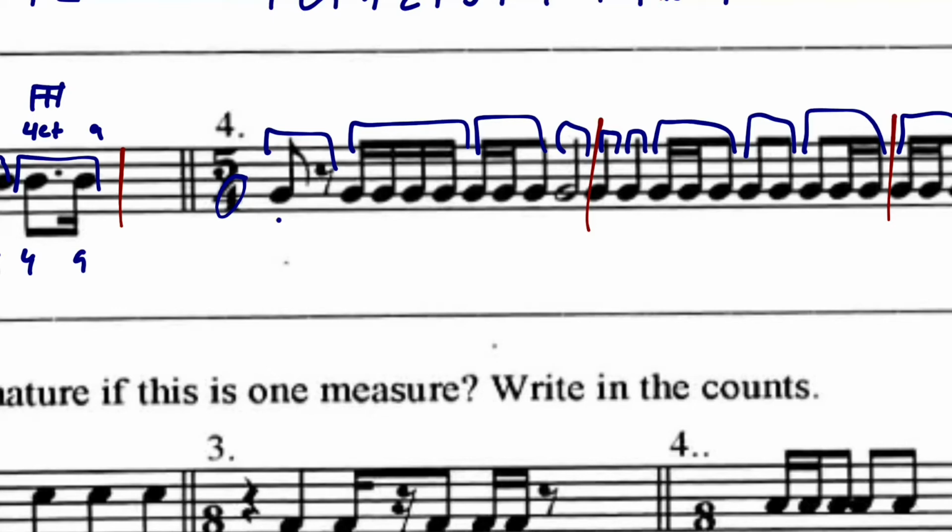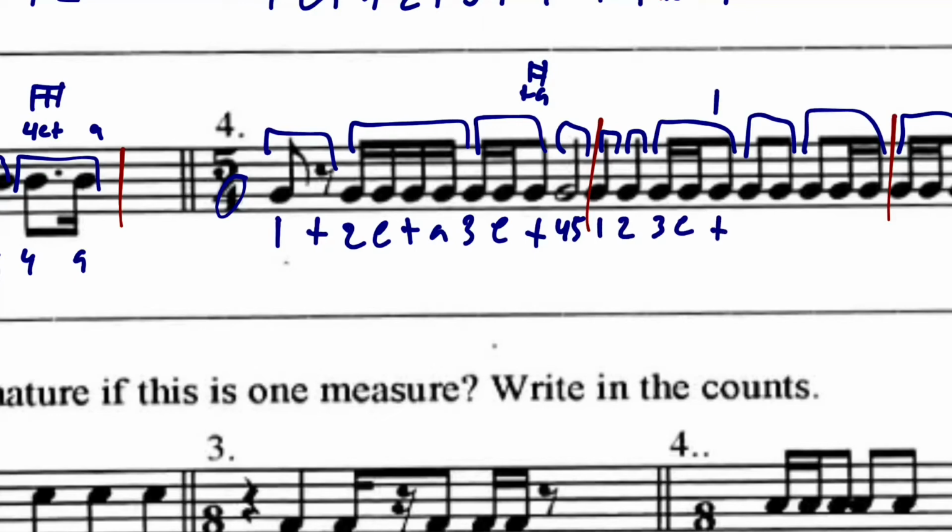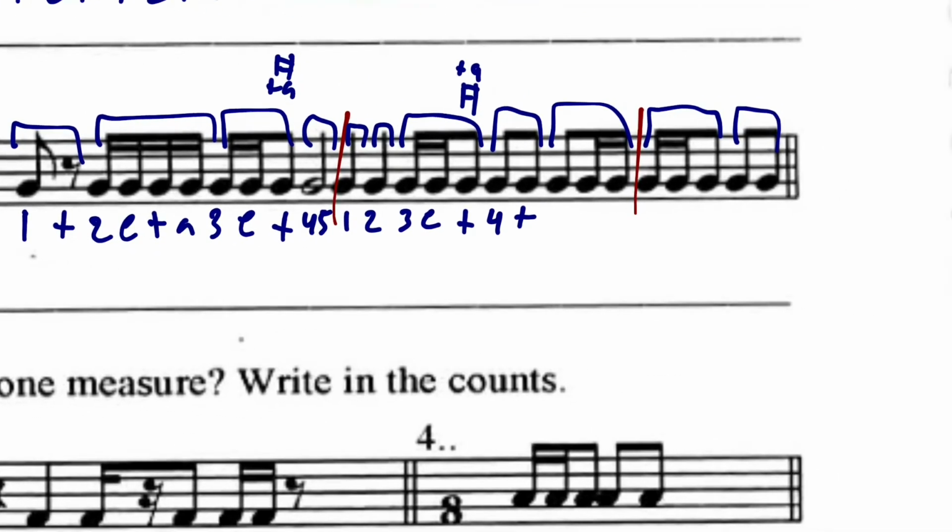so just counting those divisions. 1 and 2 E and 3 E and 4, 5. 1, 2, 3 E and 4 and 5 and I think 5 E and 1 E and 2 and